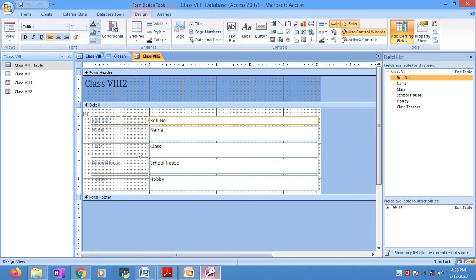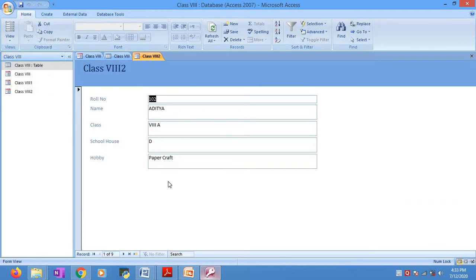Now again come to the form view. In the form view, if you see, there are a few buttons, 1 of 9. What does it mean? If you want to be doubly sure that the entries are correct, you can go around, or anything else you want to see, you just click the next one, the next one, the next one, like that you can see all your fields, right?